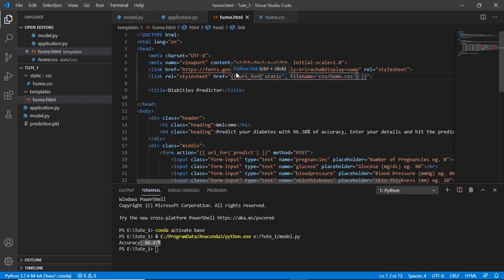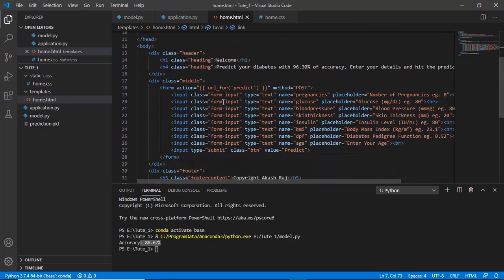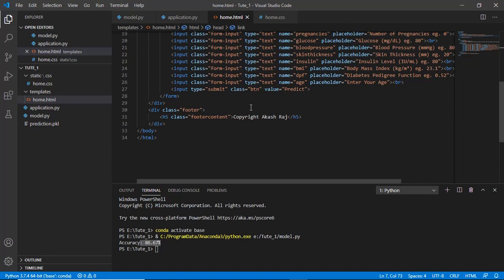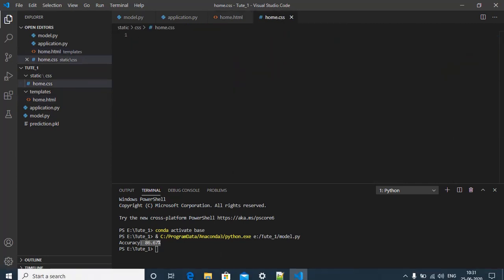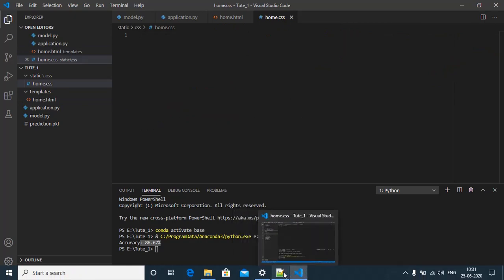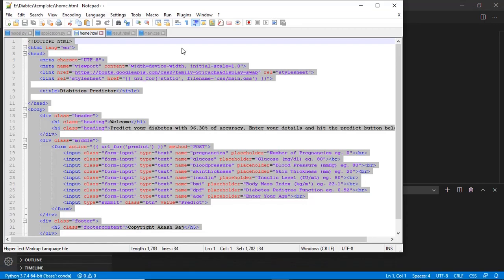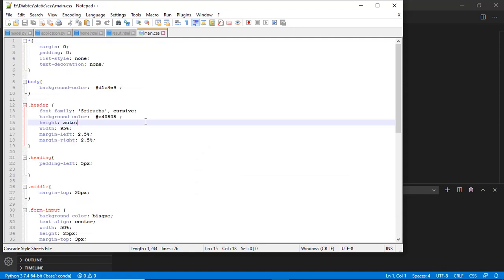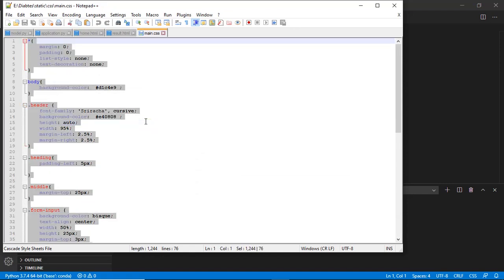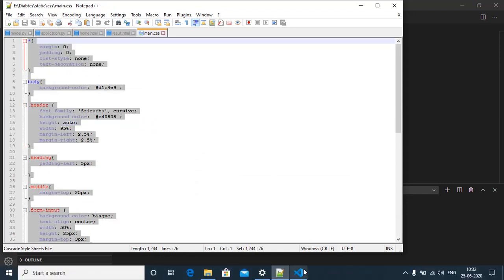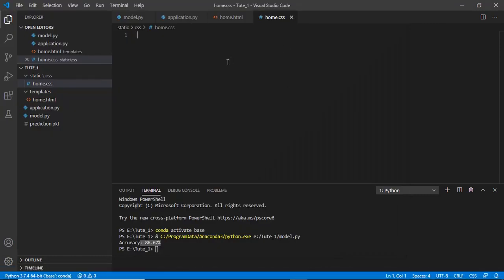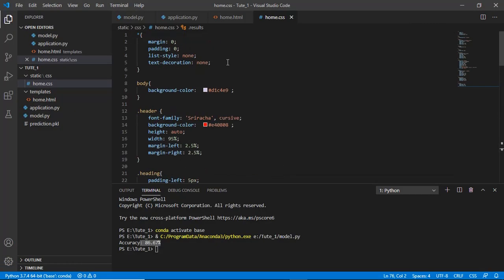Otherwise, you can search on Google. I think all is okay. I'm going to add some design style. So these are my properties for style. So now our CSS is also ready.